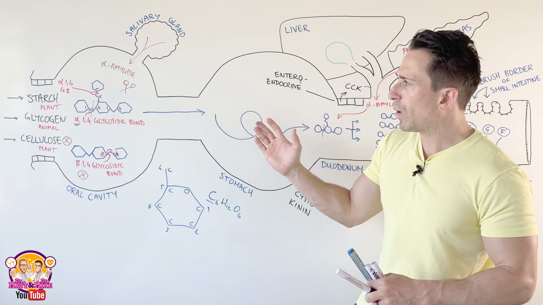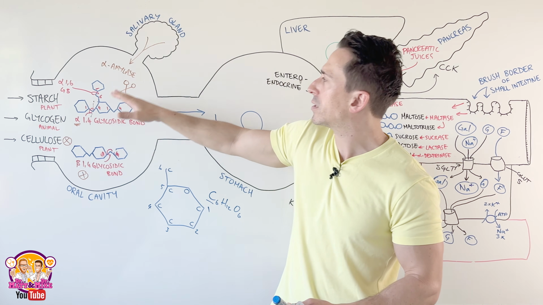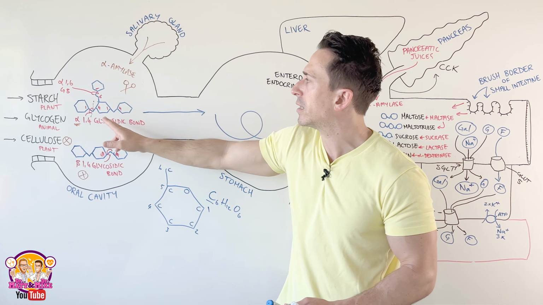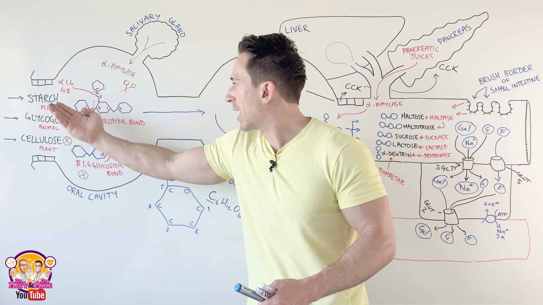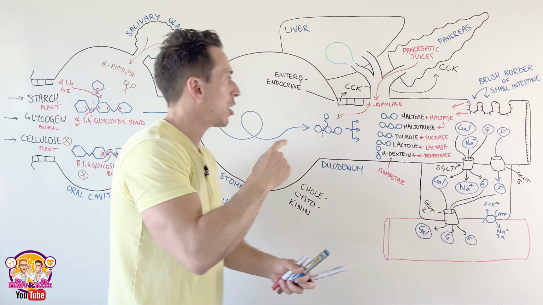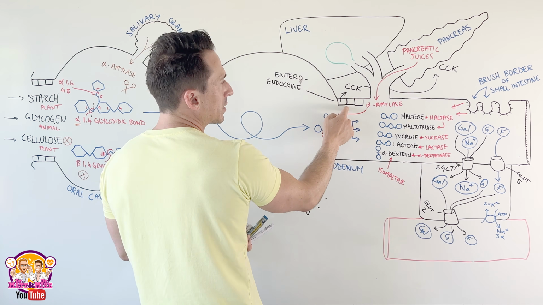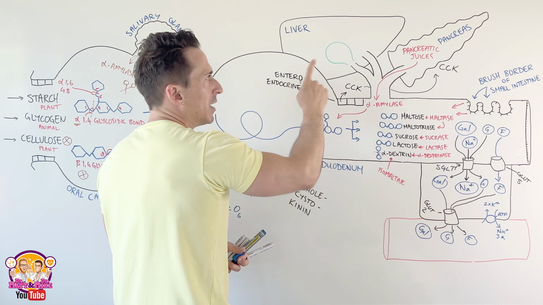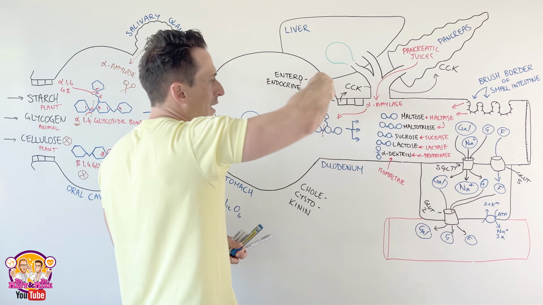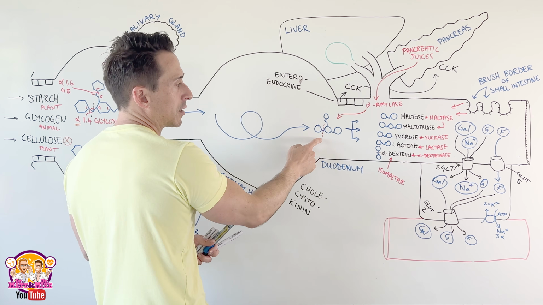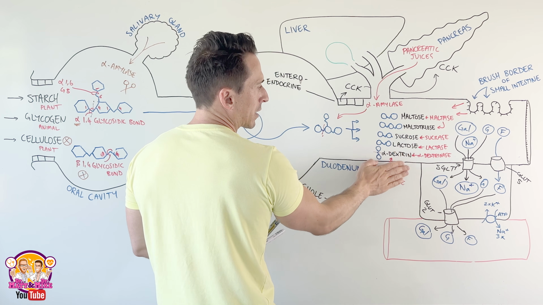Beautiful. We started with a complex polysaccharide of starch or glycogen, which we broke down using salivary amylase, breaking the alpha 1 to 4 glycosidic bonds, not the terminal, but the others. That makes it slightly smaller by the time it moves through the stomach into the small intestines at the jejunum, which triggers enteroendocrine cells to release CCK. That triggers the pancreas to release its pancreatic juices, which include alpha amylase. It further chops the alpha 1 to 4 glycosidic bonds, these ones here, to produce maltose, maltotriose, sucrose, lactose, and